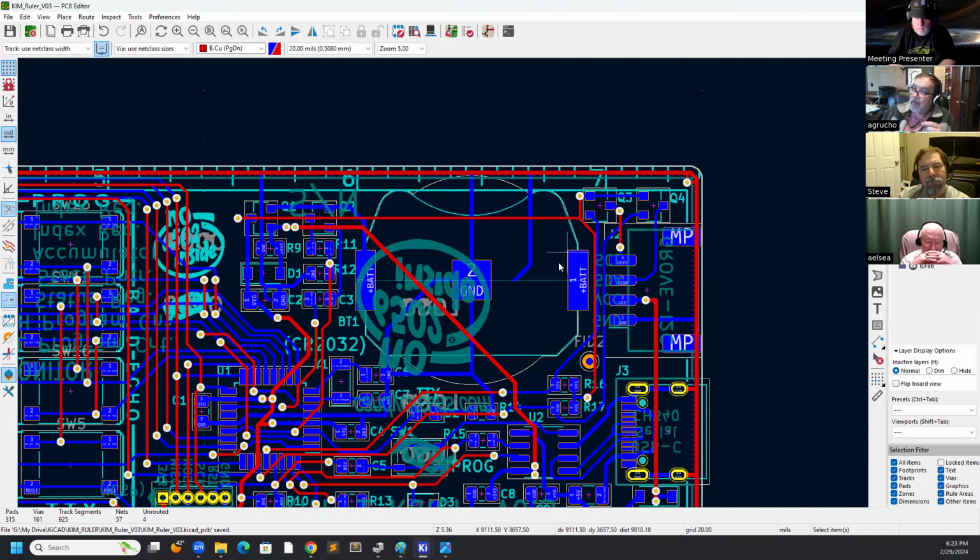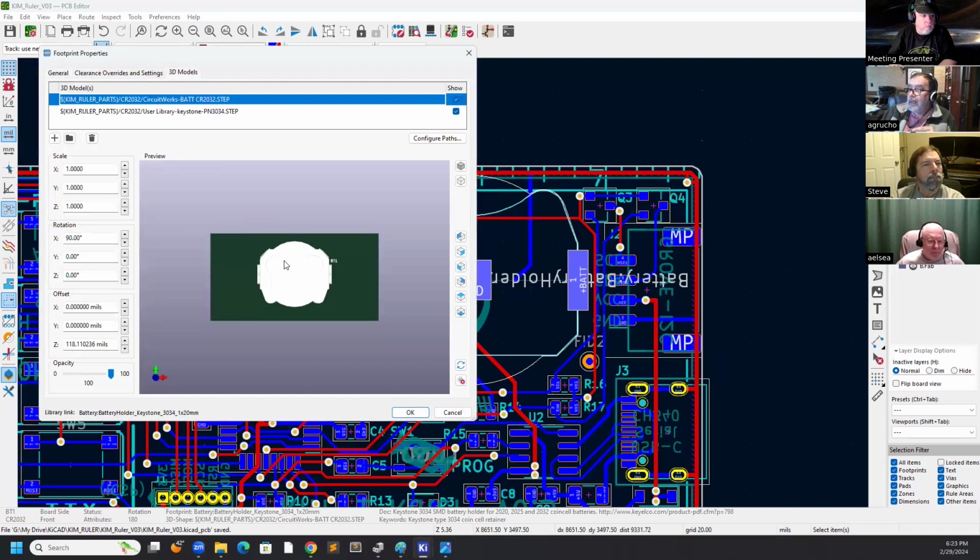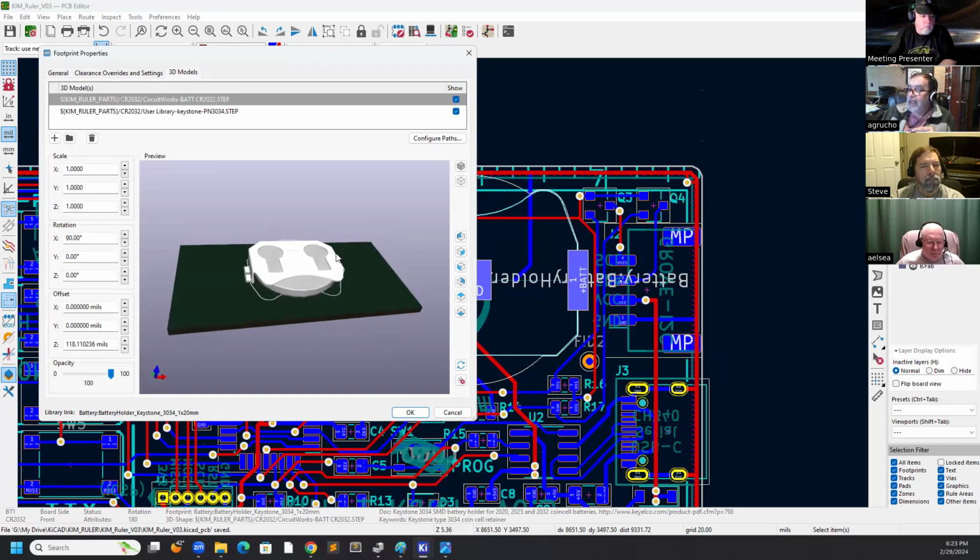You know, for example, this is a battery holder and a battery, and they are both part of a component. You can check for properties, and you will see the 3D model, and you see the metal part of the whole battery holder and the battery, and you have one 3D model for each part, and you move the part until it fits the drawing in the board.